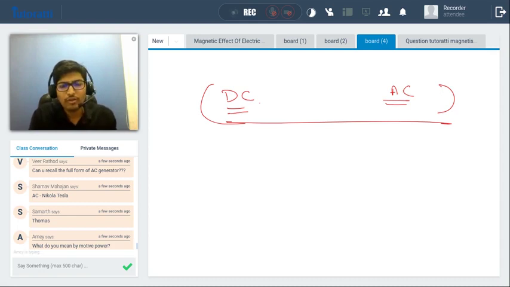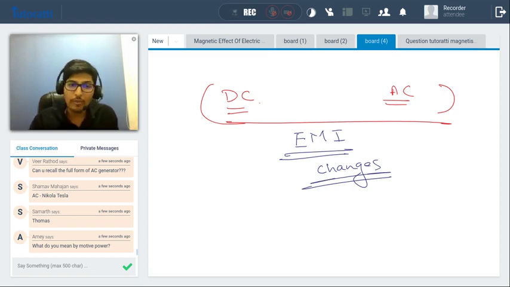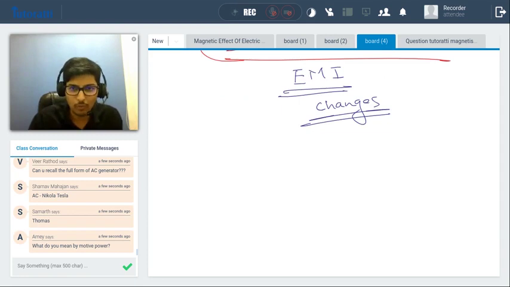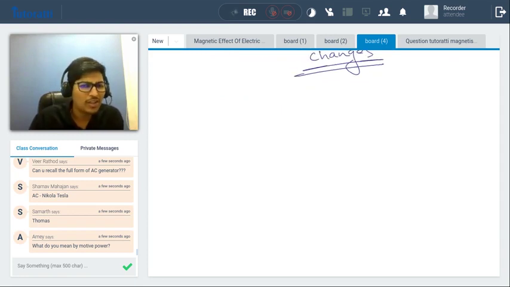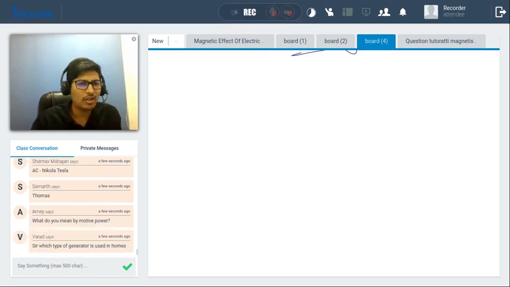So, as we were talking about EMI, whenever the magnetic field acting on a conductor changes, the moment it changes, it induces electric current, right? This phenomenon is used in generators. For example, let us understand a very easy example of a hydroelectric power plant. In case of hydroelectric